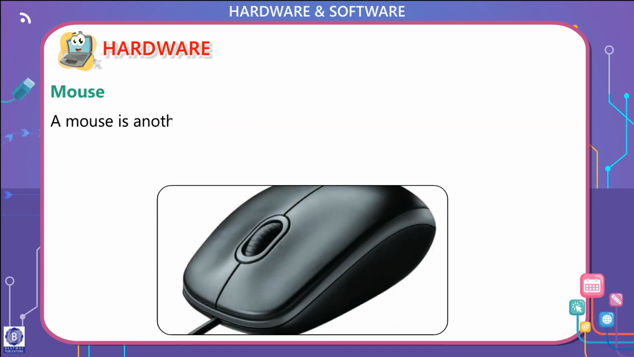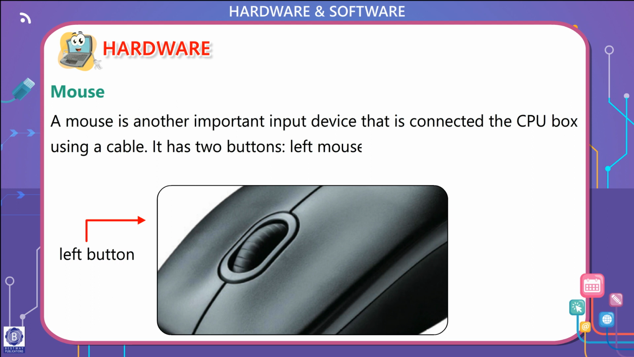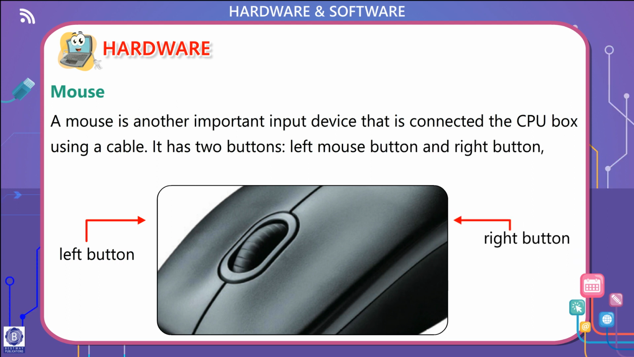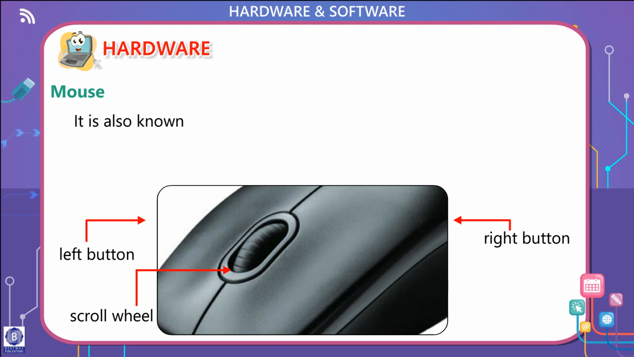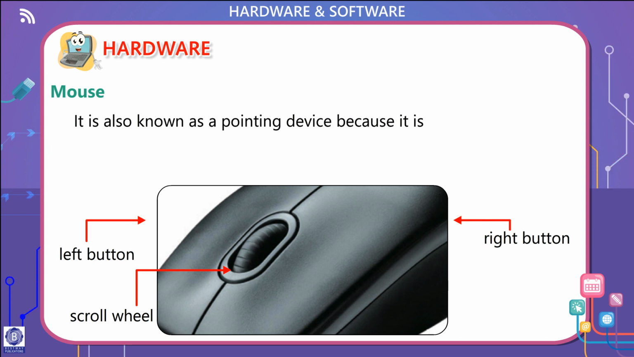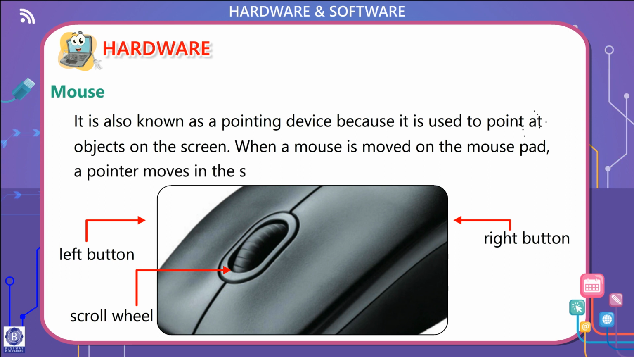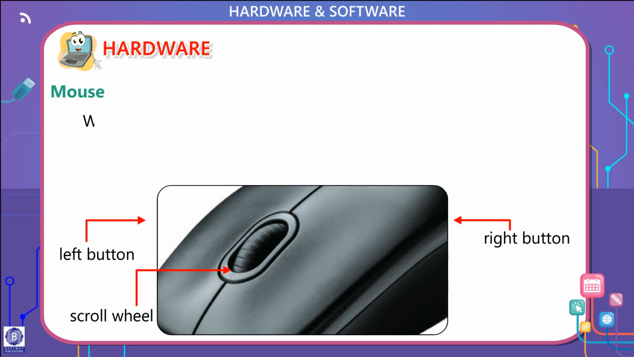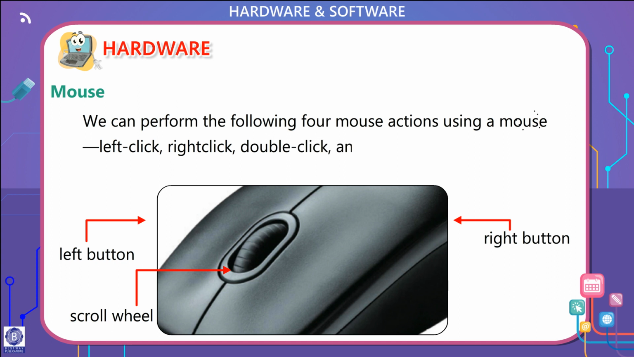Mouse. A mouse is another important input device that is connected to the CPU box using a cable. It has 2 buttons, a left mouse button and a right button, with a scroll wheel in the center of the 2 buttons. It is also known as a pointing device because it is used to point at objects on the screen. When a mouse is moved on the mouse pad, a pointer moves in the same direction on the screen. We can perform the following 4 mouse actions using a mouse: left click, right click, double click, and drag and